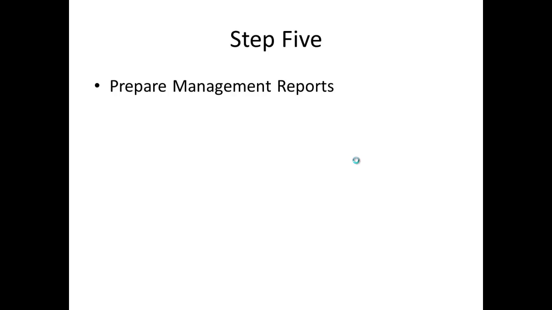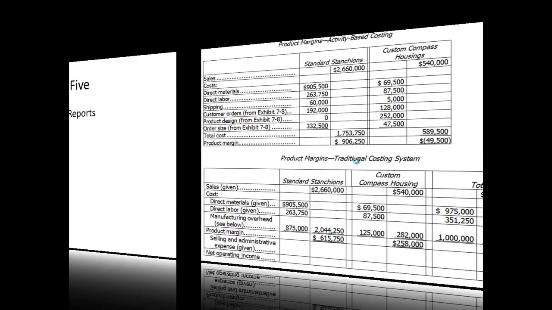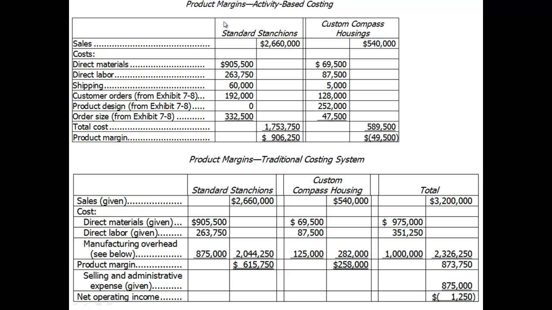Well, we're going to have to put together some management reports to use this information. Here we can see our product margins. When we look at Standard Sanctions and we look at Custom Compass Housing separately, we know what the sales were. We can track our direct materials and direct labor pretty easily. We can track our shipping pretty easily. And then we get broken down into our overhead costs. And this is the activity-based costing that allows us to look at overhead cost per product. When you compare your sales to your total cost, you can see that our product margin is